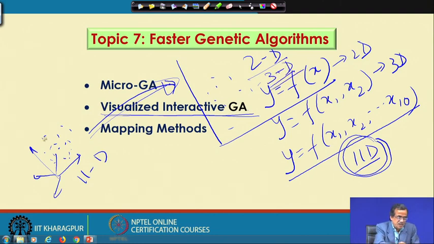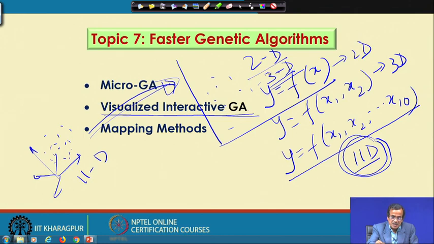If I get this 11 dimensional data in 2D or 3D, I can see the topology of the objective function. Now, if I can collect the information in which direction the value of the objective function is going to increase,